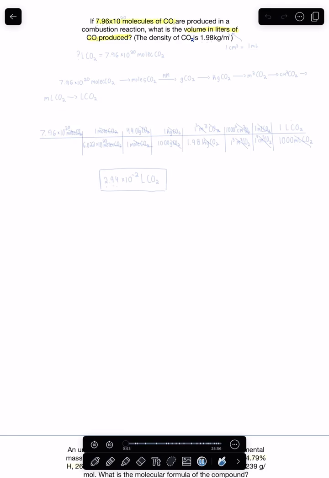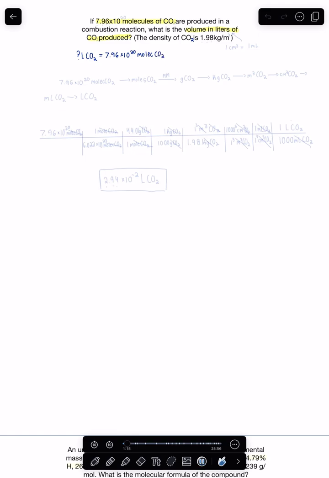So to help us get started, I'm just going to write how many liters CO2 are equal to 7.96 times 10 to the power of 20 molecules